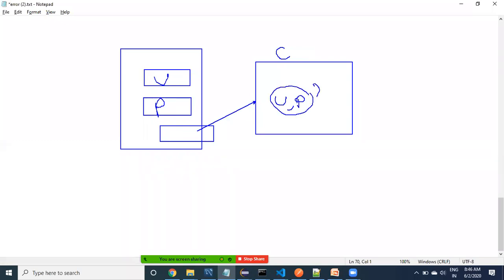Actually, to verify whether the username and password are correct or not, we have to go to the backend, and then we get whether it is success or failure. If it is success, we have to go to one component, one router. If it is failure, we have to go to another router.